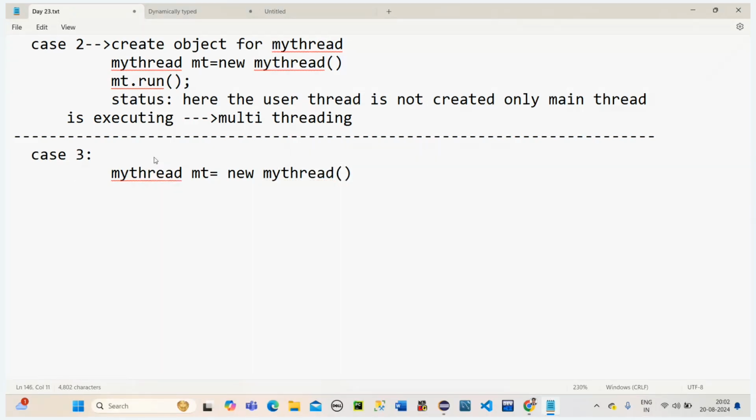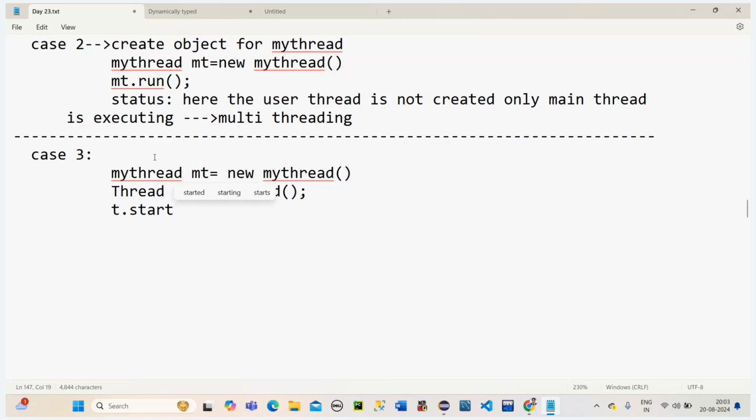It is done. Now what I'm doing here is I'm just creating a reference variable of the inbuilt thread. So Thread t is equal to new Thread. It is a class only, right? We can create an object of the class. Now t dot